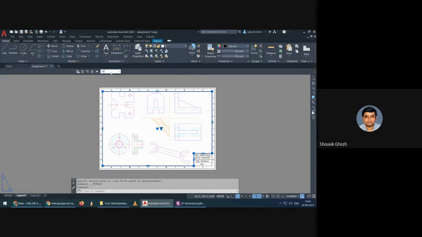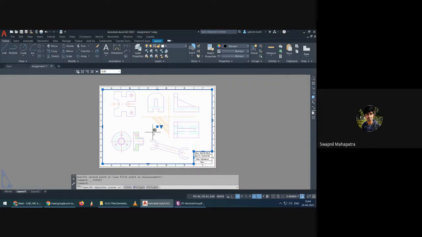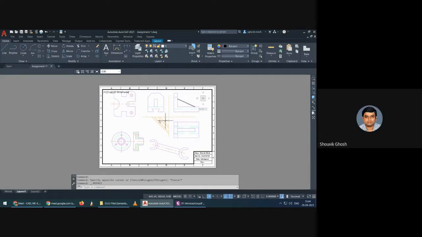So I will just use 0.9 for decreasing this. স্যার, একটু ছোট করতে হবে, হ্যাঁ এবার ঠিক আছে। So ডাইমেনশনিংটা করতে অসুবিধা হবে এইটুকু রাখলে। হবে না, দেখাচ্ছি. So as you can see, now the gap between these two figures is too much, right?